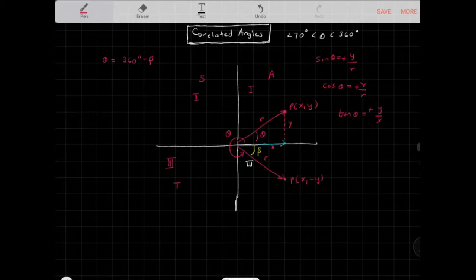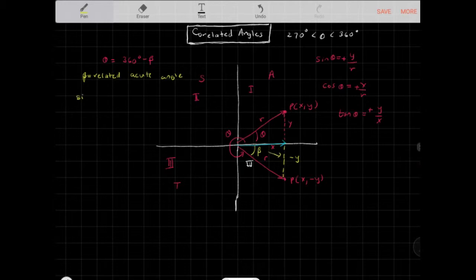So investigating the fourth quadrant, we're going to assess beta, our related acute angle. Once again, just to reiterate, we are using a related acute angle to find values of our obtuse and reflex angles, right? So beta is a related acute angle, and if I looked at beta here, right, this would basically be x, positive x, this would be negative y,